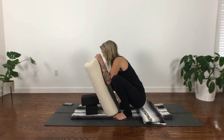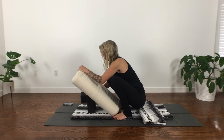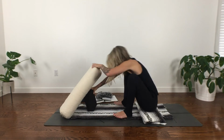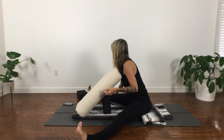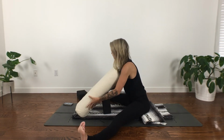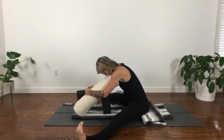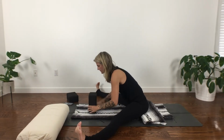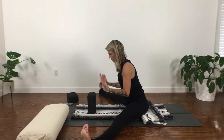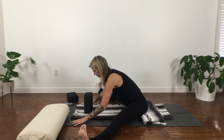So you find the best angle for you. So it could either be something here, especially if you're tight in the groin, hamstrings, inner thighs. It could also be that you're pretty open right now and flexible. So as long as you can keep the spine from really rounding, lead with your heart, rest your hands down,